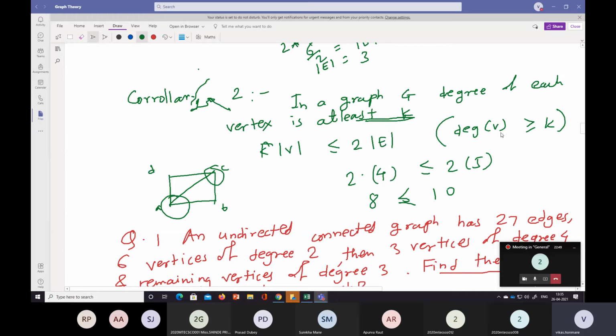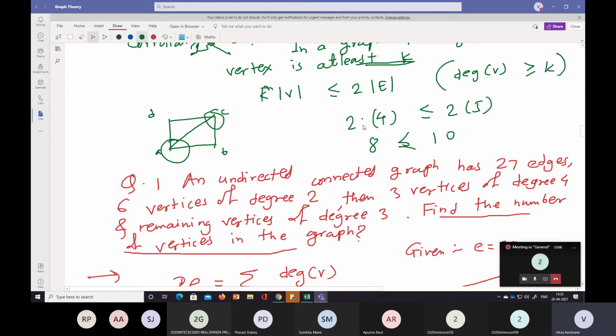Okay, so degree of v is greater than or equal to k. So for any of the vertices we can use the largest degree in this case. So 2 into 4 is less than or equal to 2 into 5, so 8 is less than or equal to 10. So what is the 2 into 4? 4 means the number of vertices. Here A, B, C, D, 4 vertices are there, and